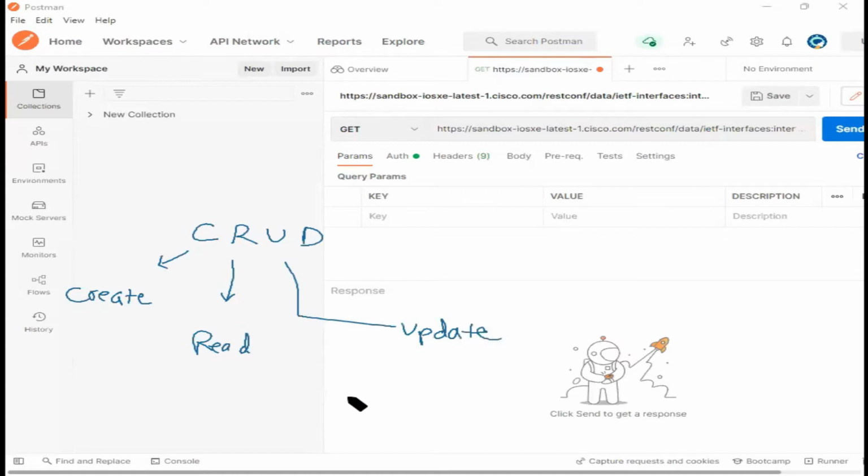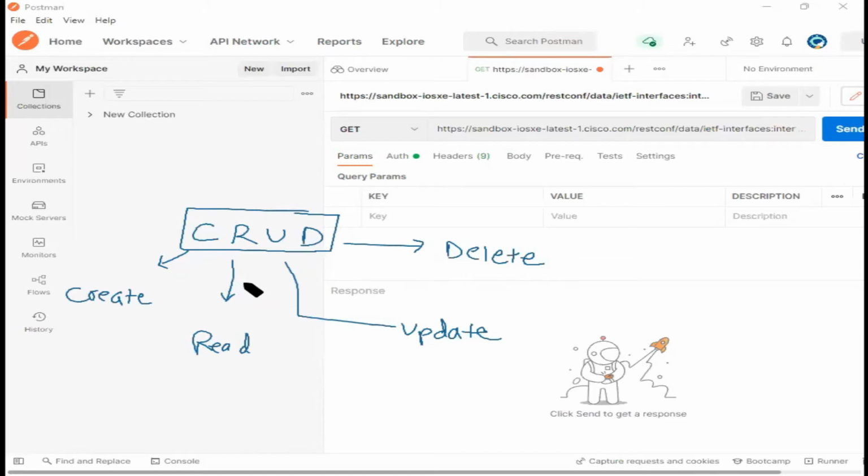The difference between create and update is that create means you are creating a new thing, while update means you are updating an existing thing. Maybe a description is wrong and you want to make a change, so you need to update it. Create, read, update, delete: CRUD. Very useful, and a very often used term over the internet and in certifications everywhere.